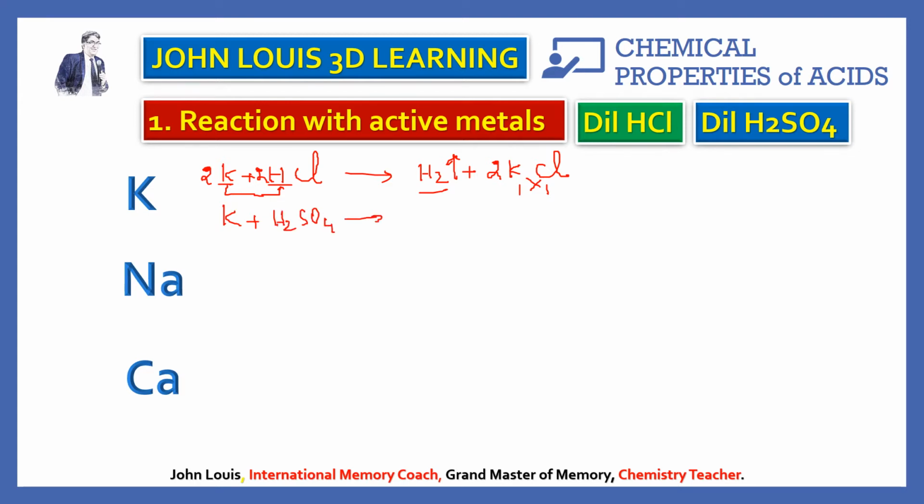Similarly potassium reacts with sulfuric acid also, releasing hydrogen gas very vigorously, explosively, and potassium takes its place and forms potassium sulfate. Valency of potassium is 1, sulfate is 2. Therefore when you interchange, you will get K2SO4. If you want to balance this equation, you will get 2K here. That's it. All these basics already you know, how to write the formula and how to balance the equation. Simply I can write the equation, come on, this is the equation for this.